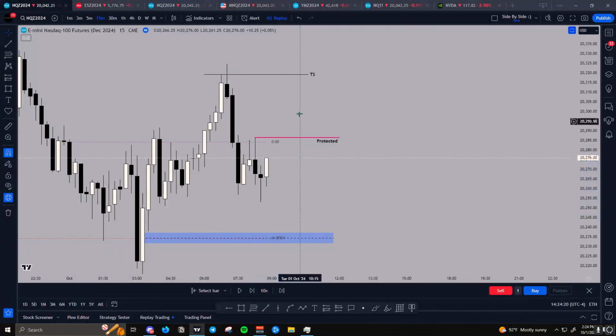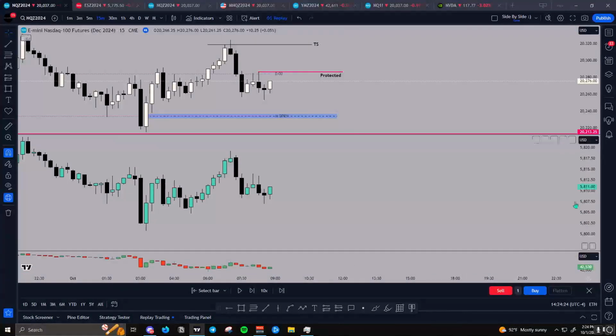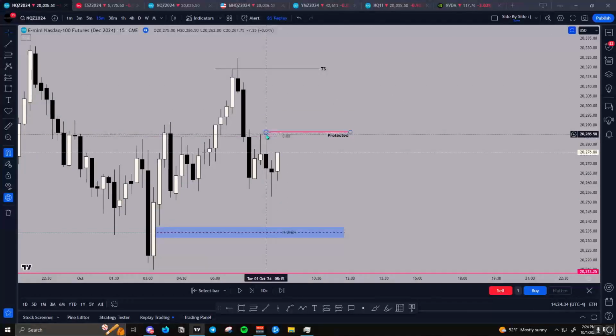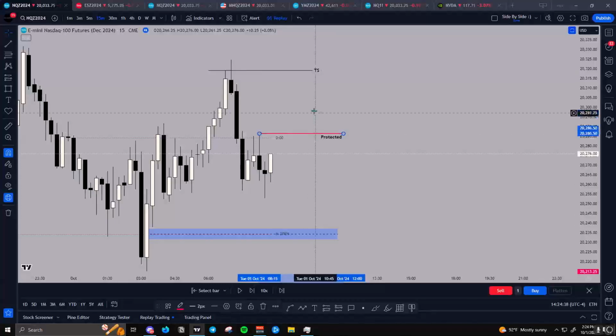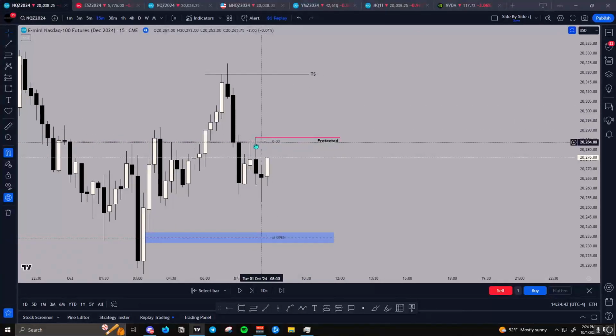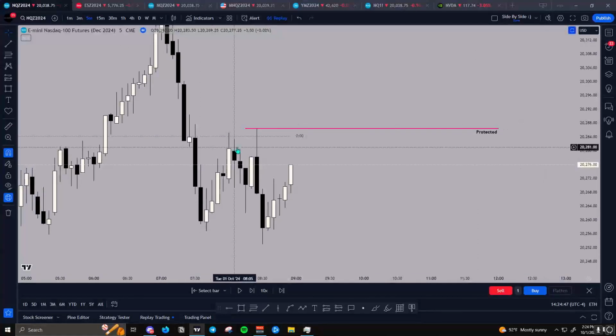And I saw that price had SMT here. You could see that ES fails to make a new high, while NQ does. And so in my eyes, this high should be protected, and this should be left as a breakaway gap. So that's why I have this out here that says protected from this morning. And you can see where price is rejecting from, right? If you go into a lower time frame, there is this 5-minute FVG